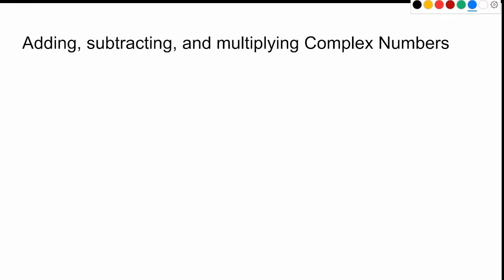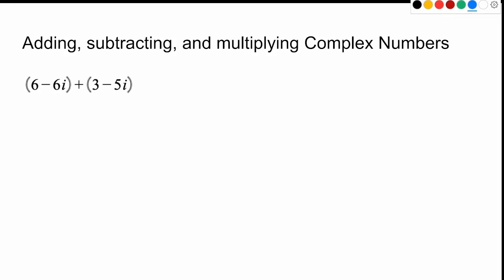So we've got these numbers. How do we work with them? Well, we're going to look at just adding, subtracting, and multiplying. If you look in the notes, you'll see an example of division, but in the homework, all we're going to ask you to do is add, subtract, and multiply. So first, how do we add two complex numbers together?